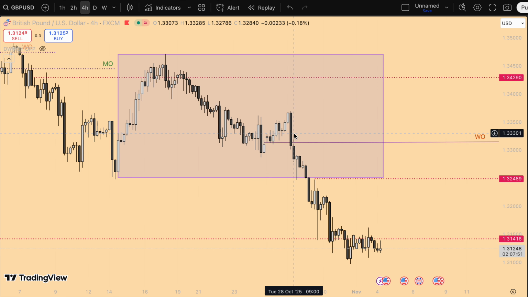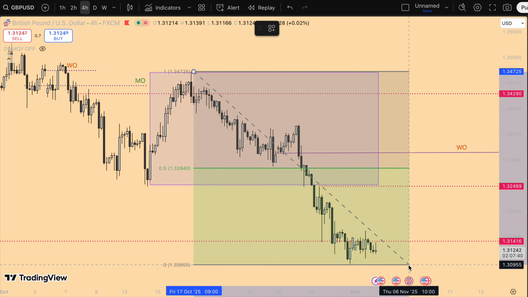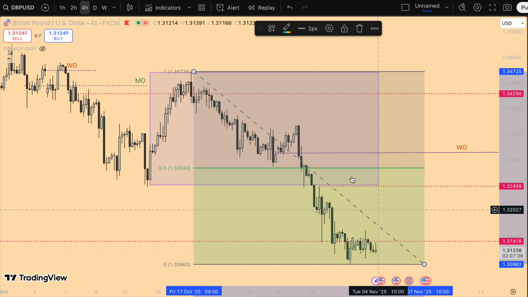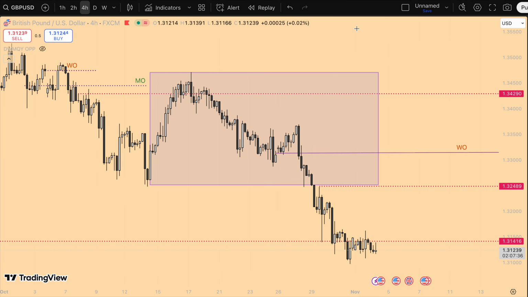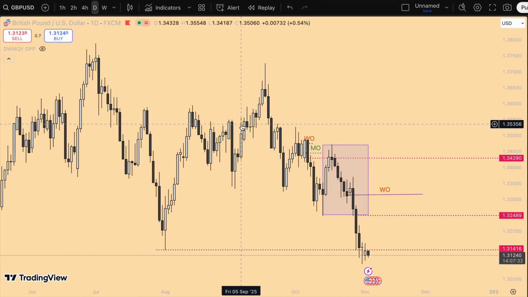So we also have here a nice liquidity high. These are swing highs, right? These are swing lows. And then if you use the PVD tool, you can see it would be nice to see some strength on the British pound, and maybe we can get some nice sells from here.